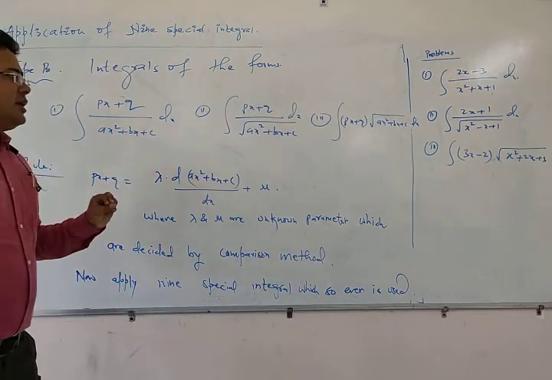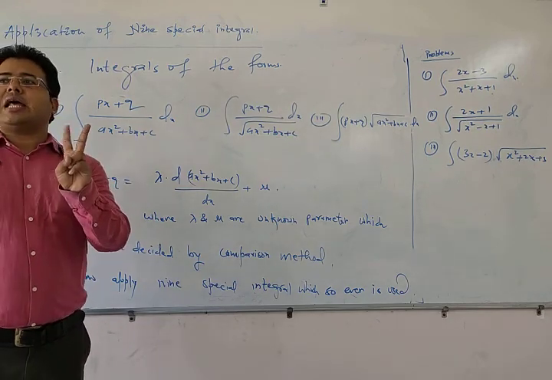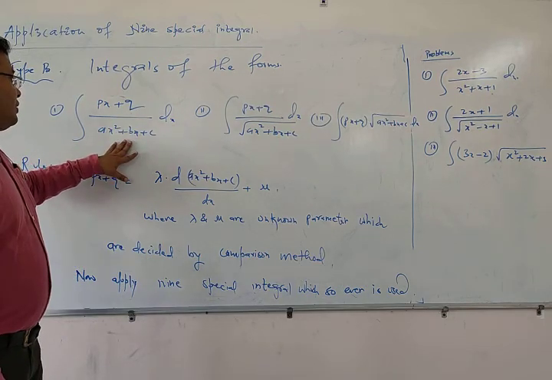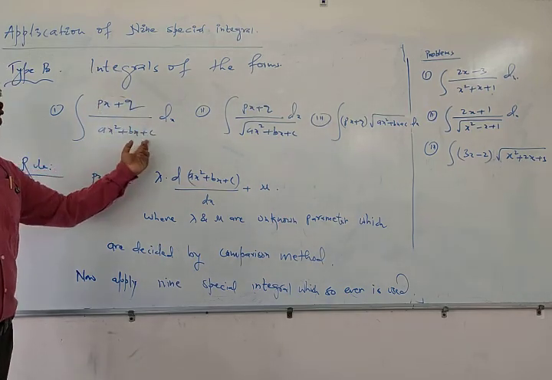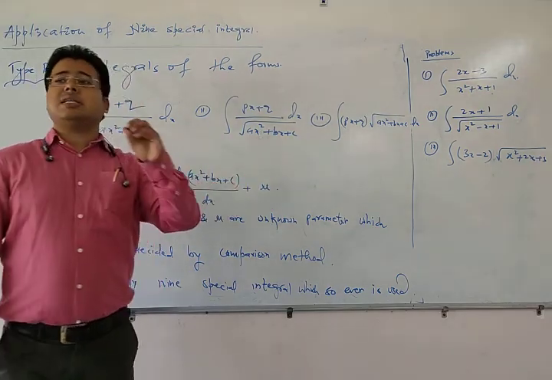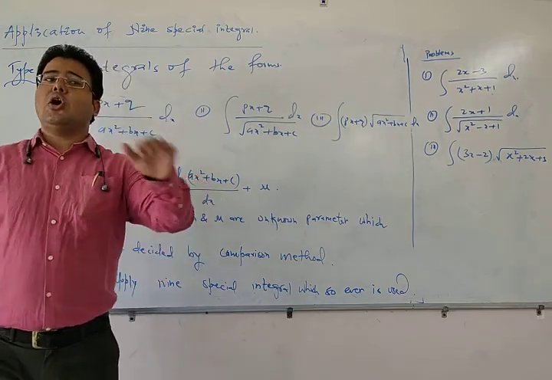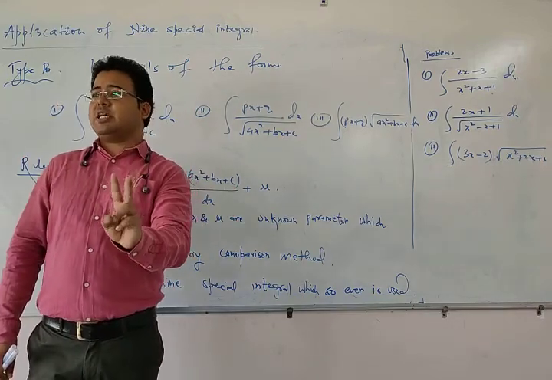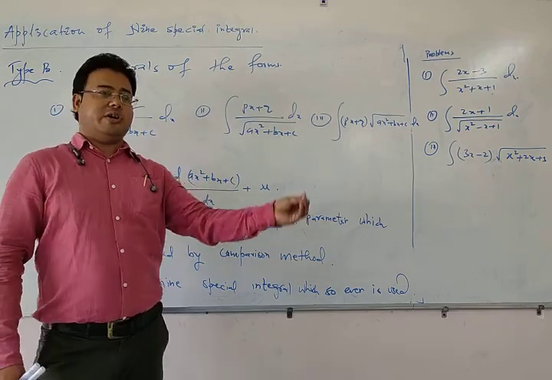and if you see that you can analyze that there are 2 types of functions involved in the integrand. Here you can see one type is the linear expression, other type is the quadratic expression. Sometimes the quadratic expression is written in square root, which is placed either in the denominator or in the numerator. But everywhere there is an expression which is linear, and there is another expression which is quadratic.